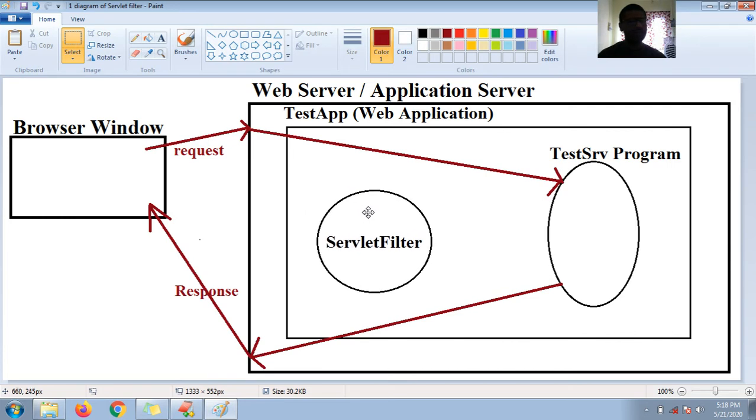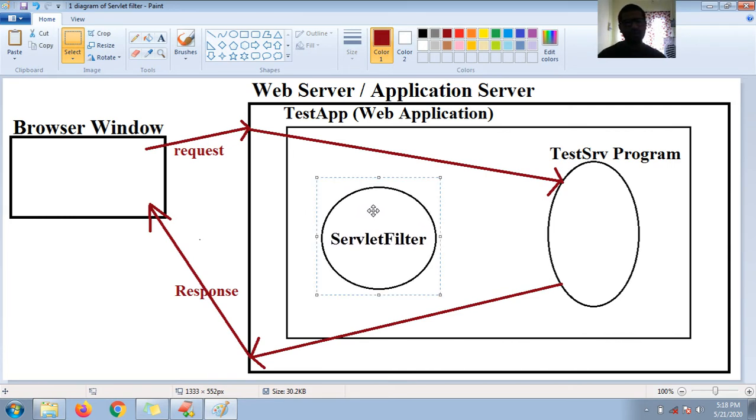So I will keep my Servlet filter here. This is my Servlet filter. Whenever I want to trap the request coming to my TestSrv and the response before it is sent to the browser window, then you can use a Servlet filter. I have added one Servlet filter. Now how does the flow of execution work here? Before the request reaches TestSrv, the request is trapped by the Servlet filter. The Servlet filter will execute the logic mentioned in it